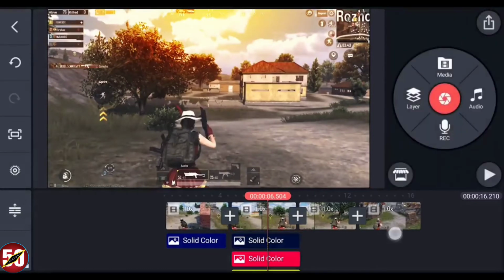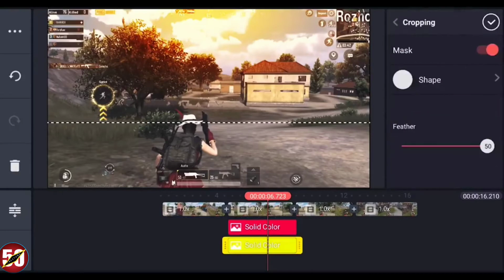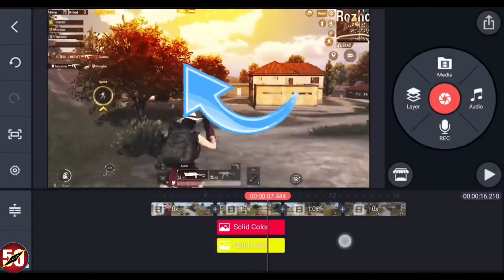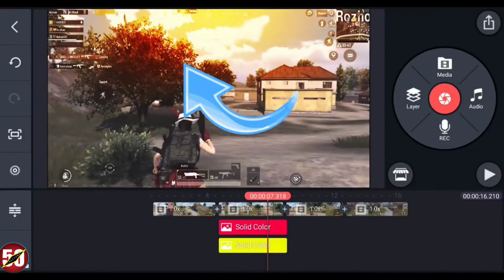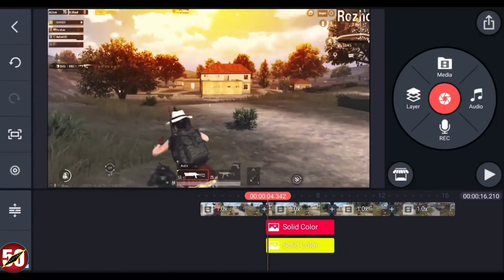The sky glow is only coming at the center, so I think I will change the shape of the mask from circle to square. If the sky glow is too bright, you can decrease the opacity of those two layers, because after exporting it was too bright. That's why later on I have decreased the opacity. Only one more thing is left.